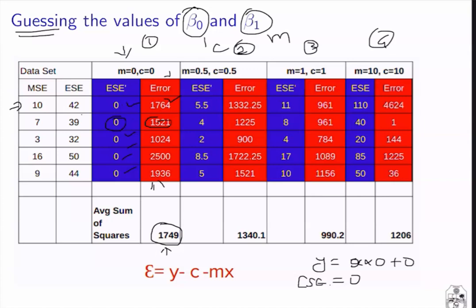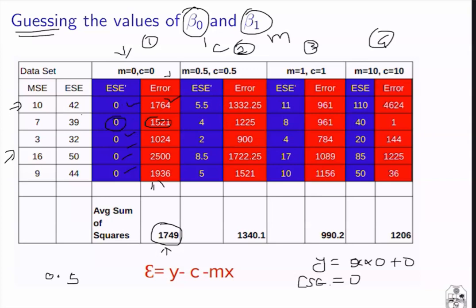So during each iteration, the algorithm works on all the data instances, 0 to 9. It calculates the error for all the points 0 to 9, adds all the errors together, and finds the average value of the error. So in the second iteration, what I am trying to do is increment my guessing value by 0.5.